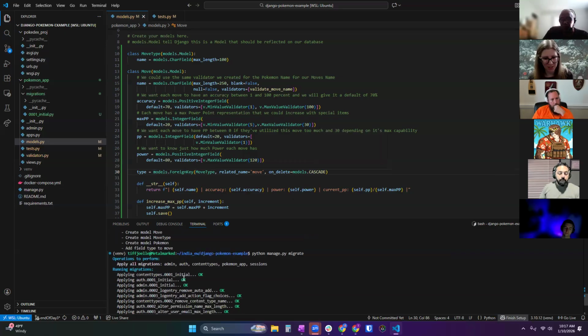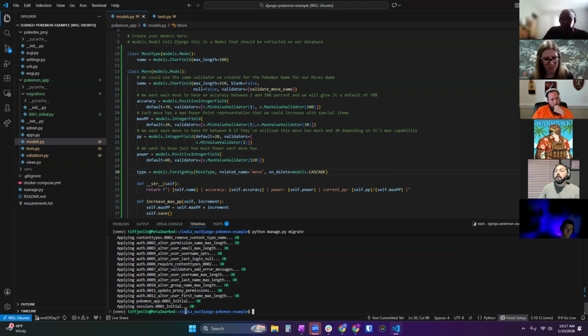So now I am able to cleanly apply those migrations to the database without any errors. A lot of times your existing data in the database will cause issues when you add fields.